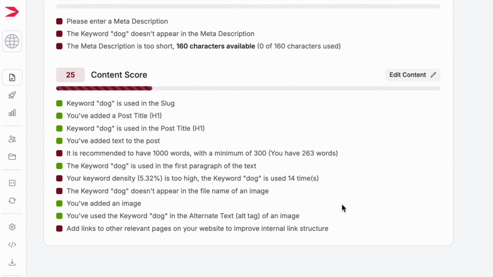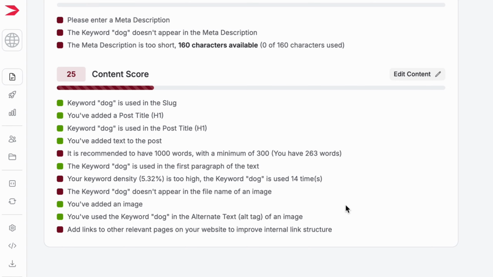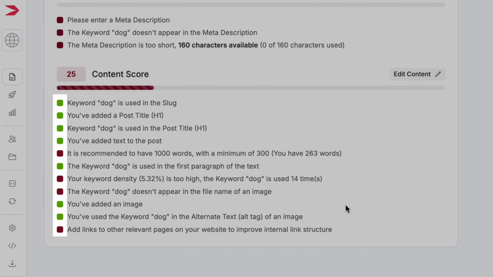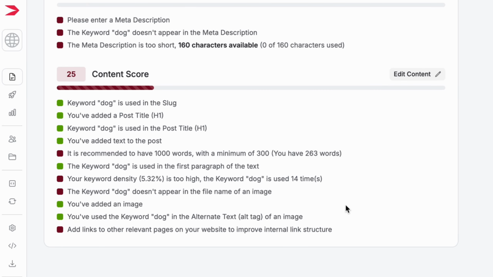Here under Content Score is where you'll see suggestions on how to improve your blog post's visibility and search engine results. You'll notice these colored boxes next to the suggestions. Once a suggestion has successfully been implemented, these boxes will turn green, while with red or sometimes yellow boxes, these are highlighting the areas in your blog post that need to be improved further. The tool tracks keyword density, links, text length, among other elements. And ideally, you want to meet these suggestions and want these boxes to be green.